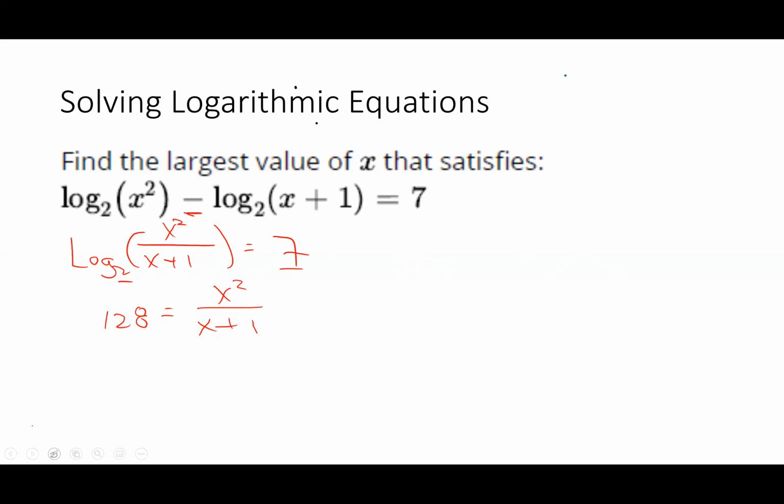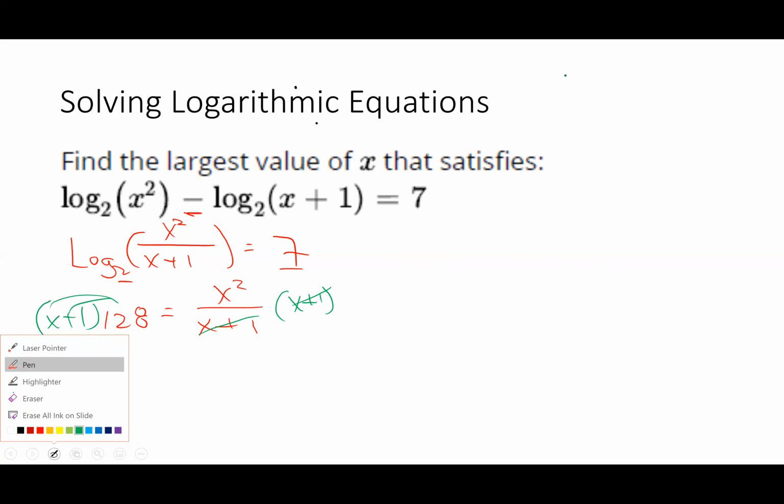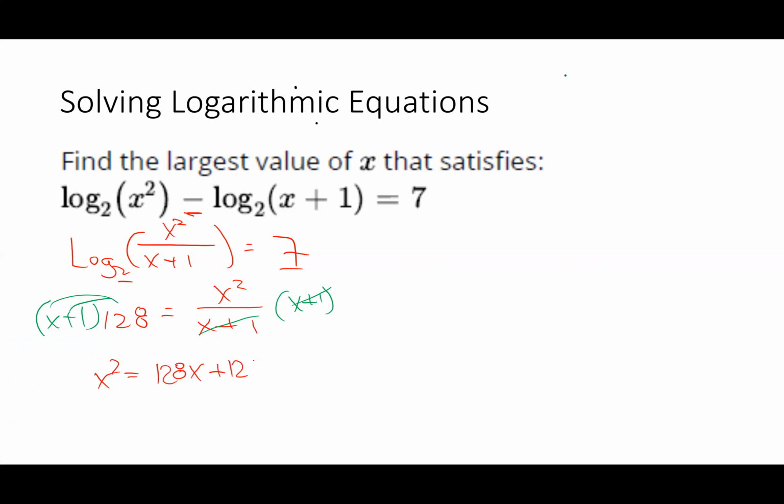And now what I'm going to do is multiply both sides by x plus 1 so that I get rid of this denominator. And I'll go ahead and distribute that through. And so now I end up with x squared is equal to 128x plus 128. And now this is a quadratic. So I'm going to subtract 128x from both sides and then 128 from both sides. And I end up with the equation